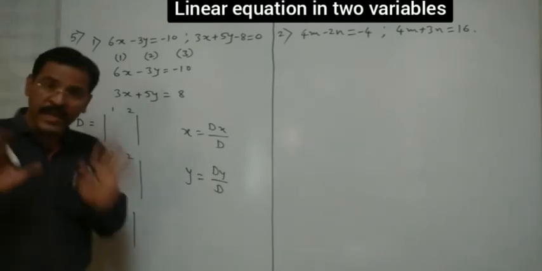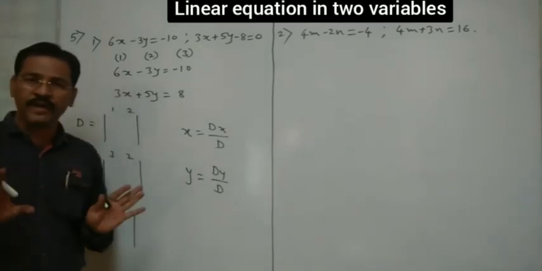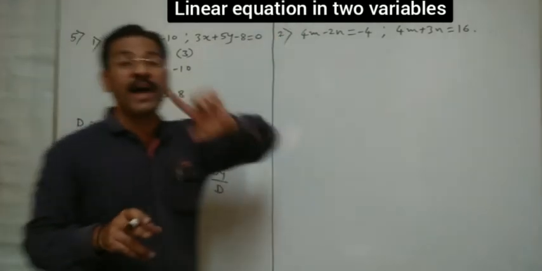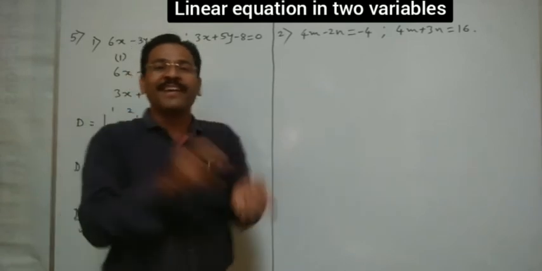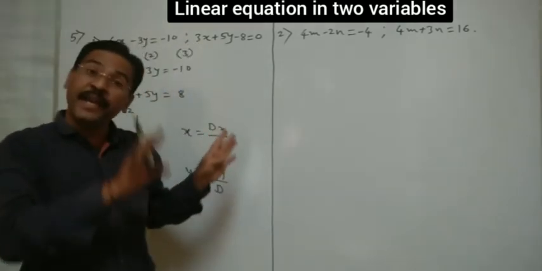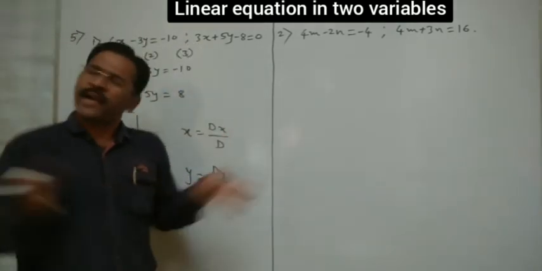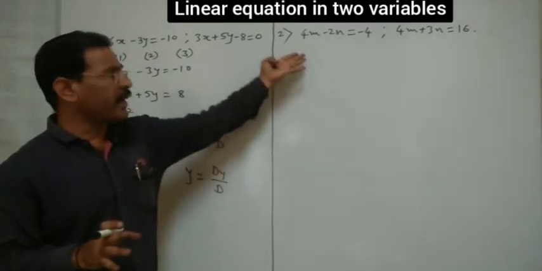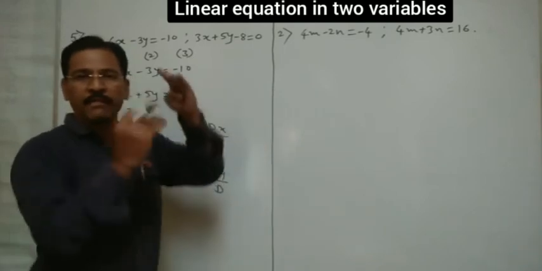Can you solve? Yes? Try to solve. Okay friends? Take the next one. Here also, but remember, here there is no x, y. Here it is m and n. Don't write Dx, Dy. So write Dm, Dn like this. Again here also 12, 32, 13. Right? They are already in neat form. Just write one by one.